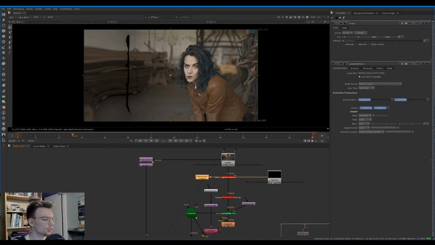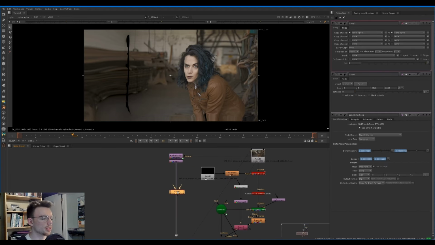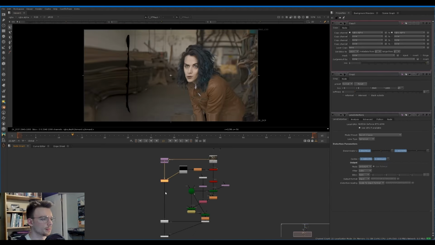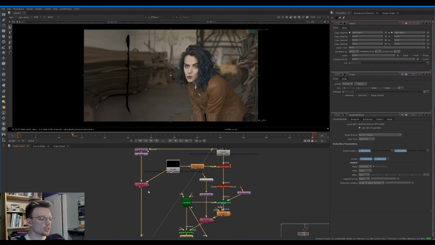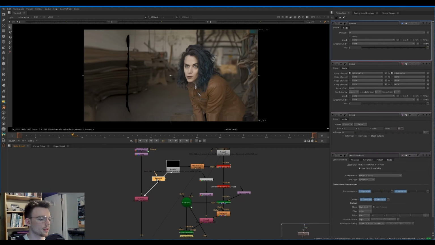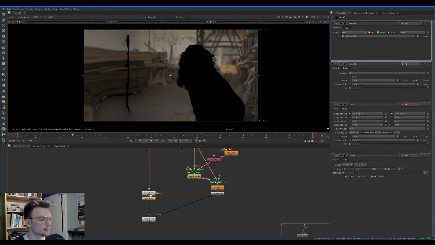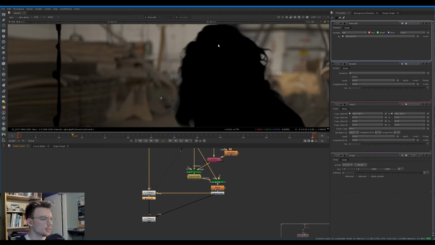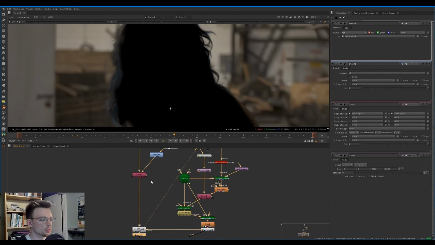We're putting the roto down this pipe to our ST map. I'll hit K to bring up a copy node and put our alpha in. And now we've got it down here. We need it to be inverted, so I'm going to do that up here. Do an invert on the alpha, and I'll put the pre-mult on so we can see what's happening. Looks like there is a little bit of an issue with the edge coming through, the hair is coming through,